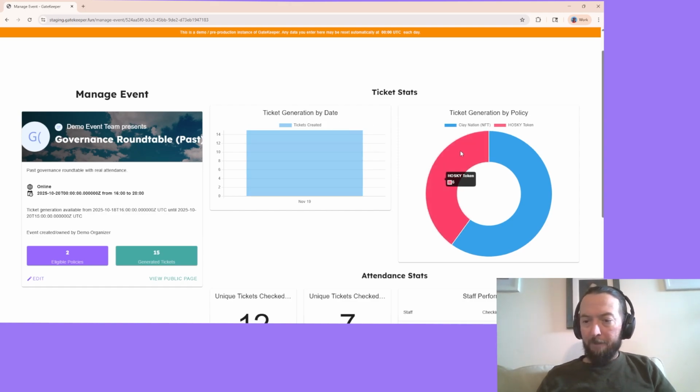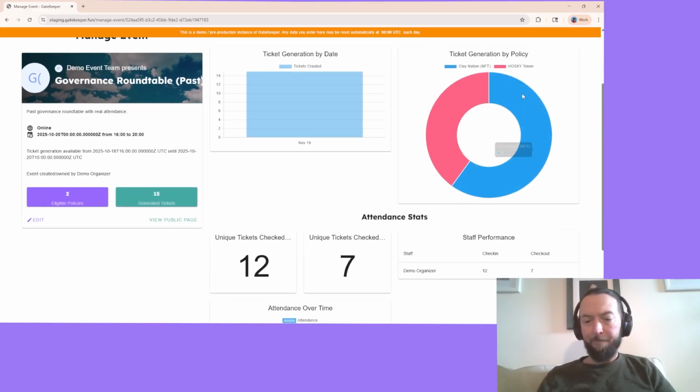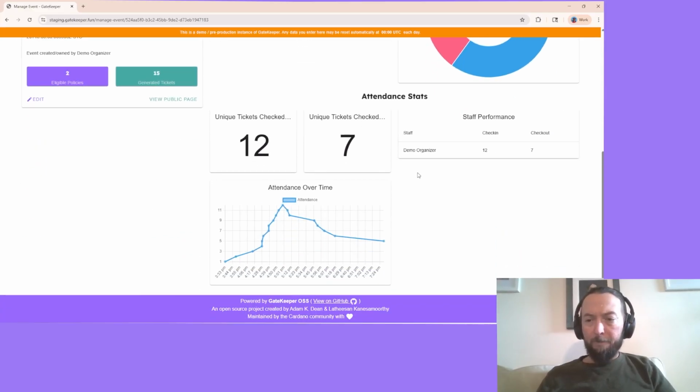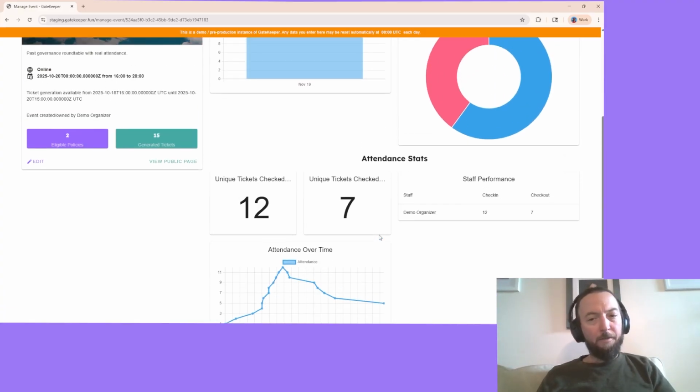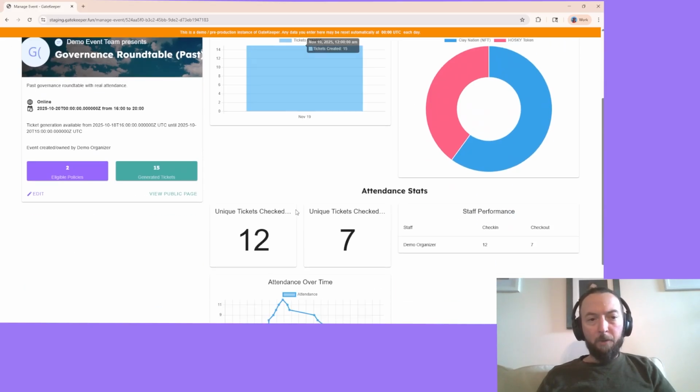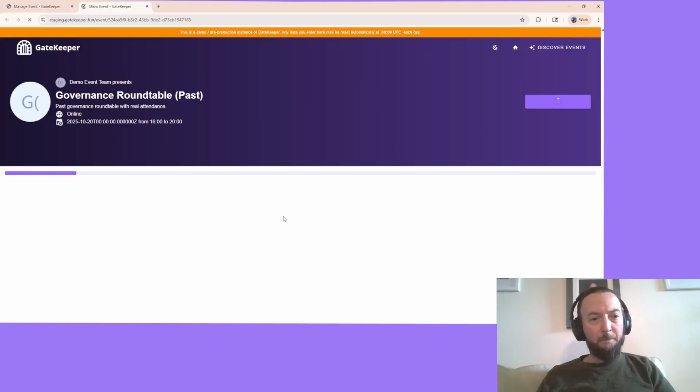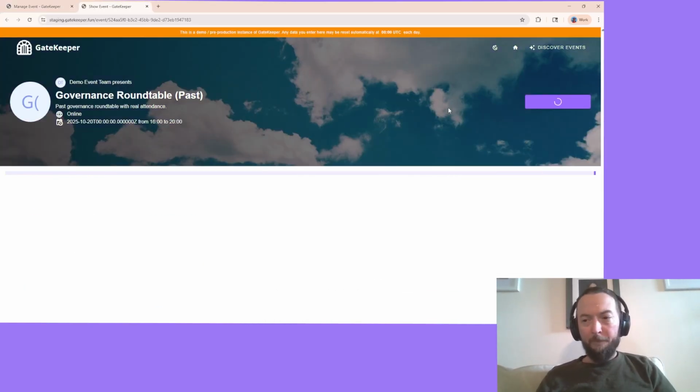There's a mix. 6 of them were from Hosky Token, and 9 of them were Clay Nation NFTs. And then we have some simulated stats here. So our demo organizer checked in 12 individuals and checked out 7 individuals. And so we can actually see a chart of our attendance over time based on people scanning in or out of the event. And then, of course, we can always go and look at our public page for our event,